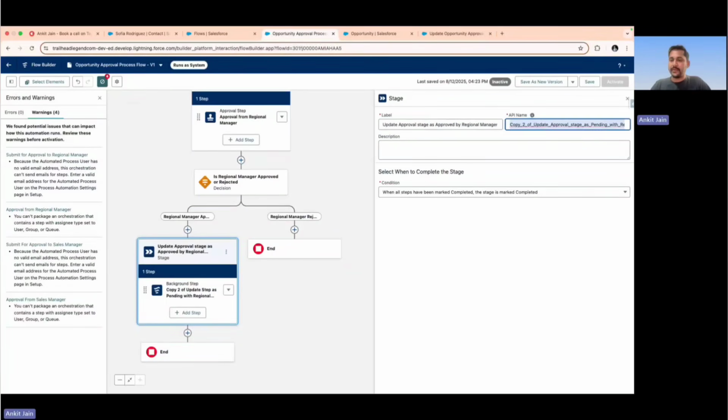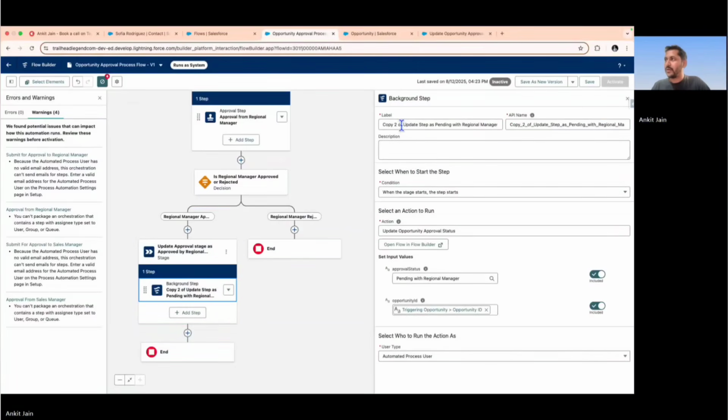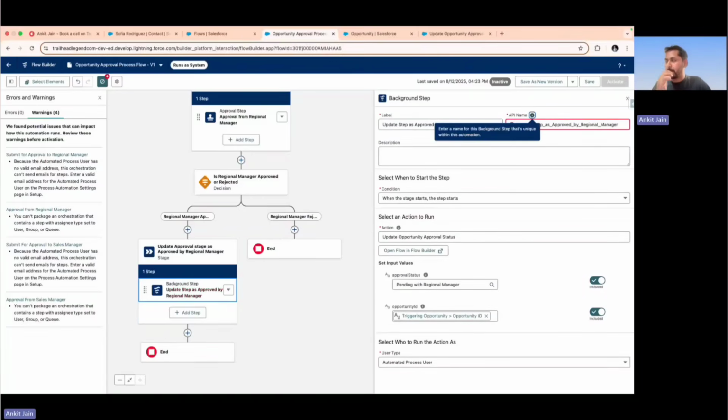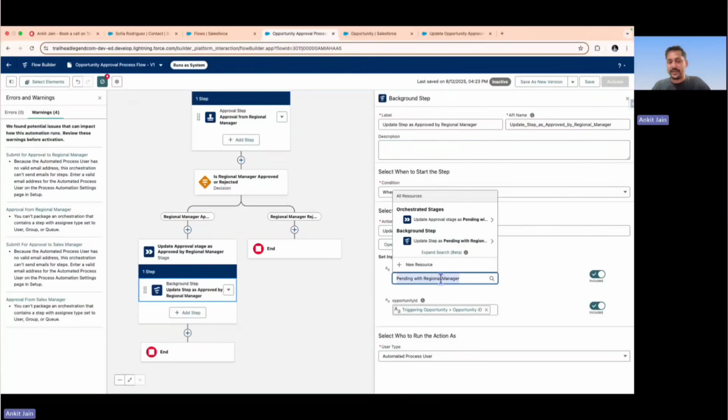Right, and let me go and clear this. And for the step, I'll be putting the stage as update stage as approved by the regional manager. So again, I am taking this out. When you are copying it, make sure that you are correcting the API names. Right, and this time I am passing another value, that is approved by the regional manager, so that the correct stage will be replicated there. Similarly,